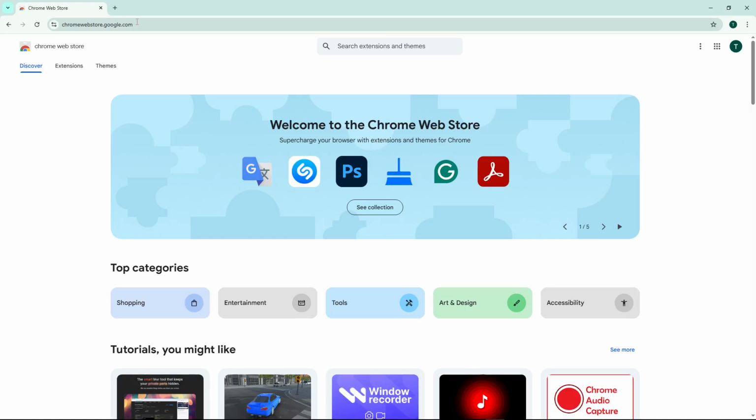First, you'll need to head over to the Chrome Web Store. Open your browser and type chromewebstore.google.com into the address bar. This is where you'll find all the extensions available for Chrome, and it's your starting point for adding Zapier to